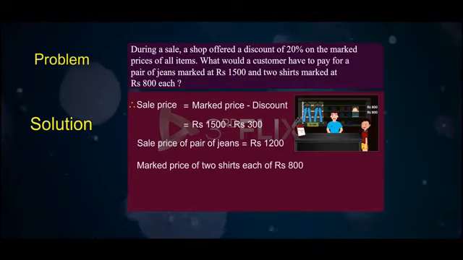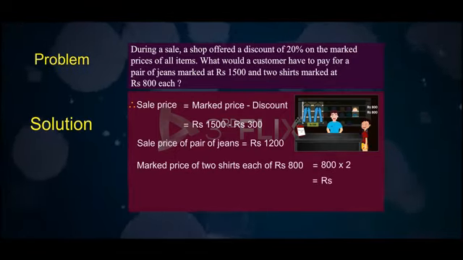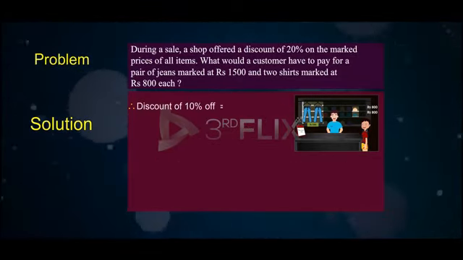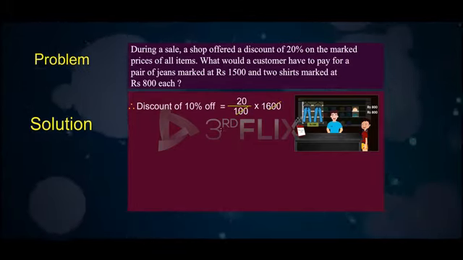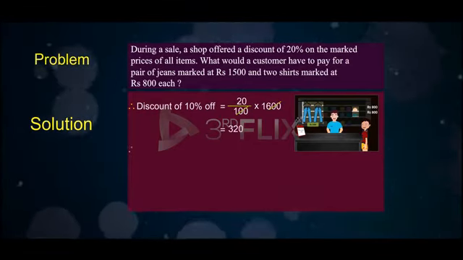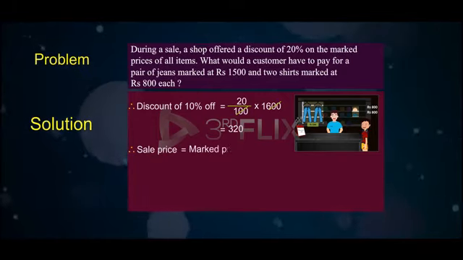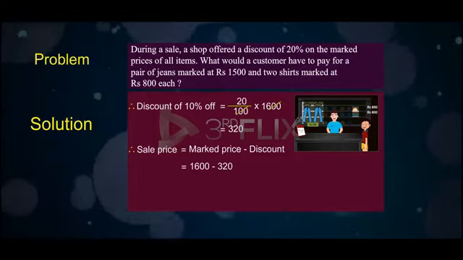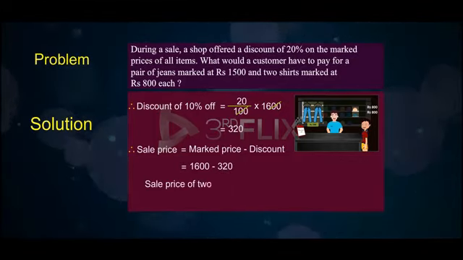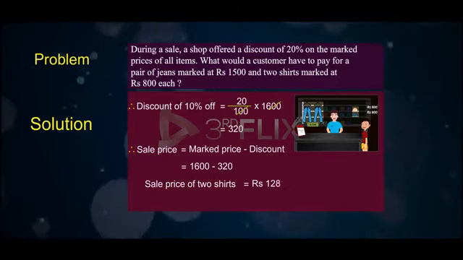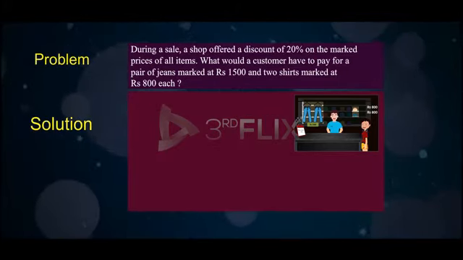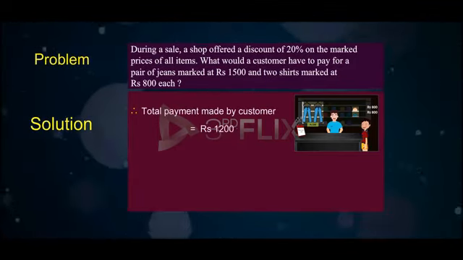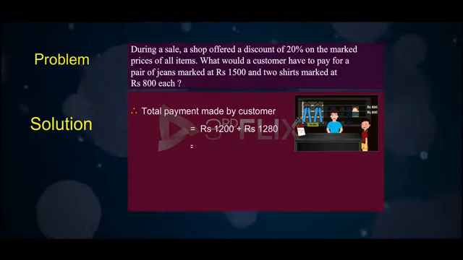Marked price of two shirts is equal to 800 into 2, that is rupees 1,600. Discount is equal to 20% of 1,600, that is, rupees 320. Sales price is equal to marked price minus discount, that is, 1,600 minus 320. So, sales price for two shirts is equal to rupees 1,280. Therefore, total payment to be made by customer is equal to rupees 1,200 plus 1,280, that is equal to